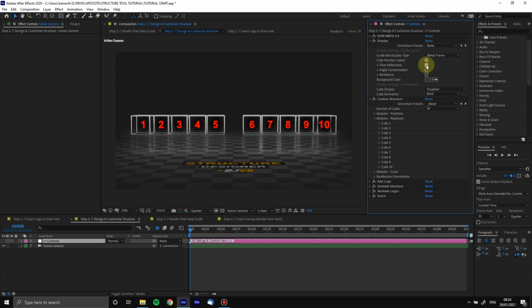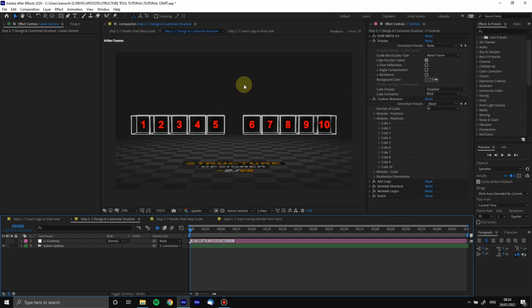helpful. Now, as I said before, I'm going to turn off the floor reflections. It's not that necessary while we're working, and it does slow us down. I've already got my resolution here down to 1/4 because we're working in rather high resolution. Okay, the next option we have that is more meaningful for this is, I'll just turn off cube number labels,